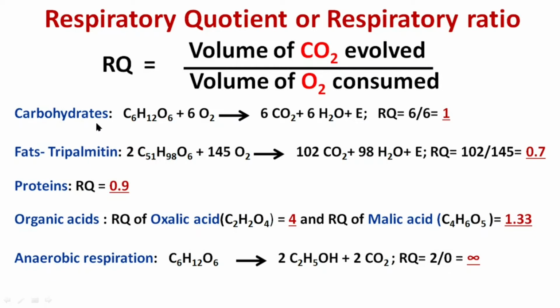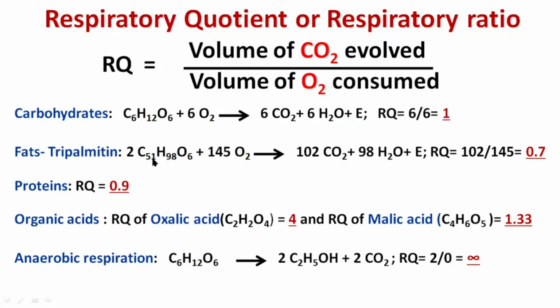If we see the respiratory quotient of different respiratory substrates, we can easily find one pattern. Carbohydrates have RQ of 1. Fats and proteins have RQ lesser than 1. Organic acids have RQ value more than 1. Another thing we have to observe here is how many oxygen atoms and how many carbon atoms are present in the respiratory substrates. In the case of glucose, the number of carbon atoms and oxygen atoms are the same. So numerator and denominator are the same. That's why we are getting 1.